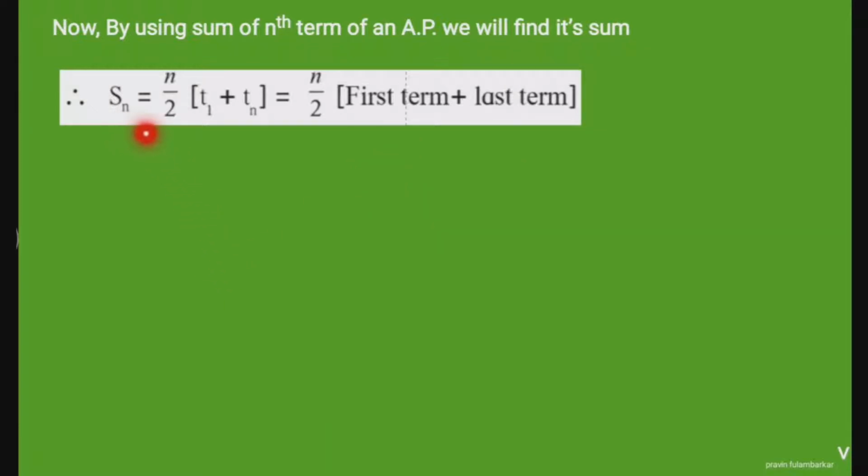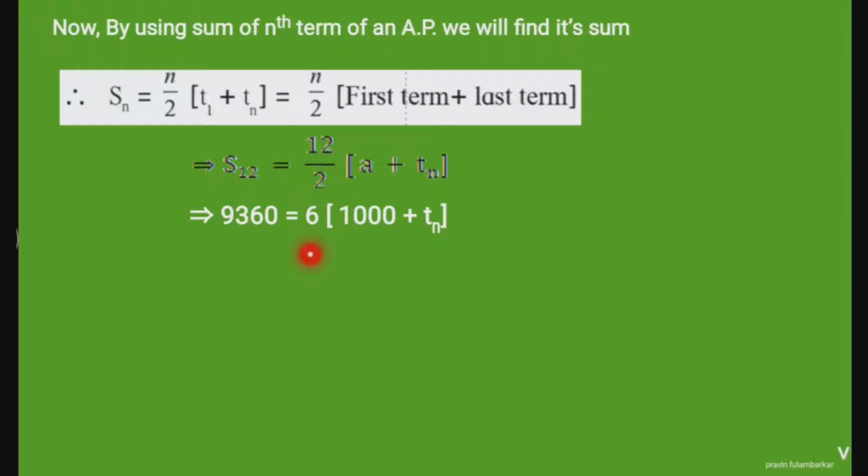So we write here Sn equals to n by 2 (t1 plus tn) equals to n by 2 (first term plus last term). So using this formula also you can find the last term, because we know the first term, we know the Sn, we know the value of n. So from this also you can find the value of last term. So we write here S12 is equals to 12 upon 2 (first term is a, last term is tn). So substitute the value of S12 as